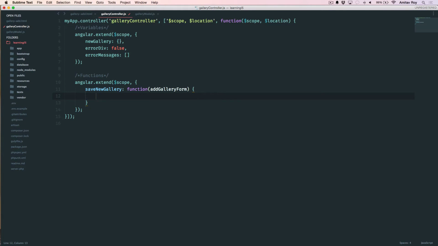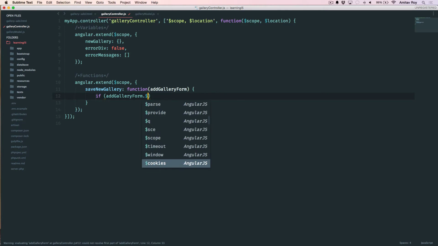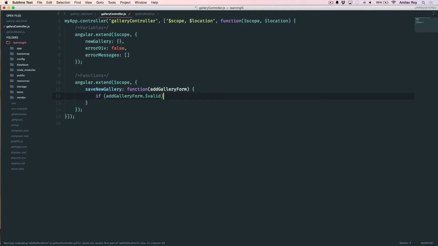Inside this, let's just say if add gallery form.$valid. Now this is Angular. If the form is $valid, then we will console.log. All right. Else